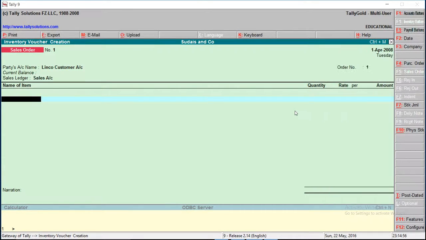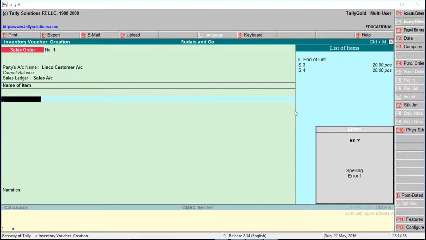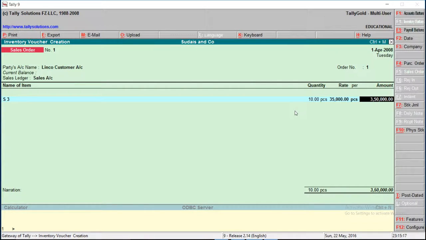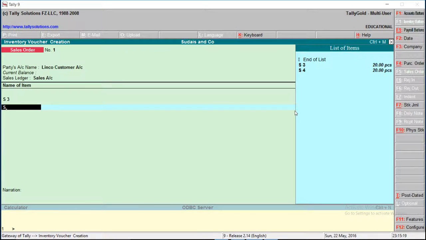Sales account, sell ledger account, item S3, quantity suppose 10. Our customer needed 10 quantity, enter. Sell price suppose 35,000, enter. S4.